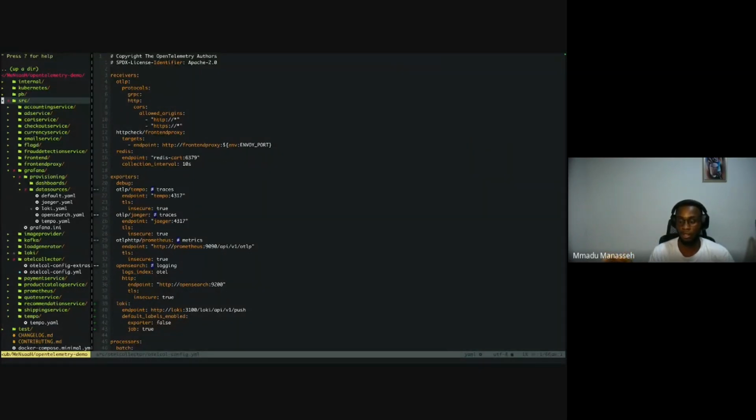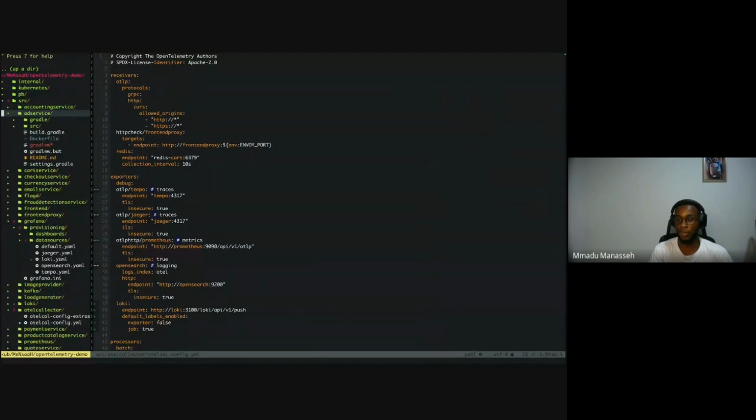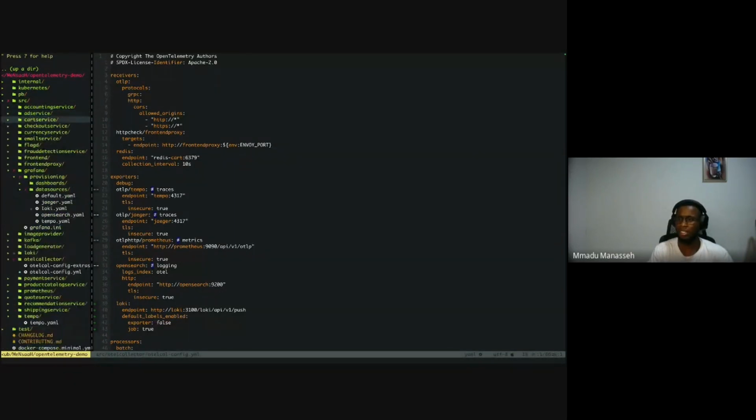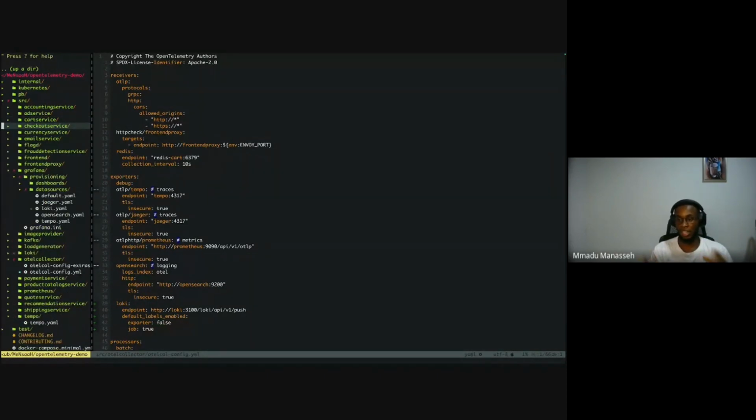This is a microservice demo with different languages. I think accounting here is written in Go. Ad service here is written in Java. Cart here, I don't even know what language this is. But you can see the point: it has different languages, and the main point is to show you that you can instrument Otel in different languages, and each of these has its own Otel implementation.